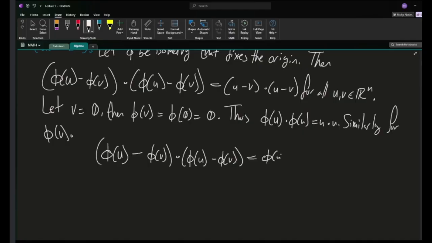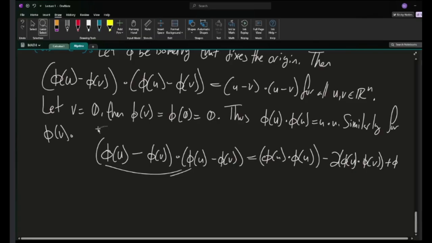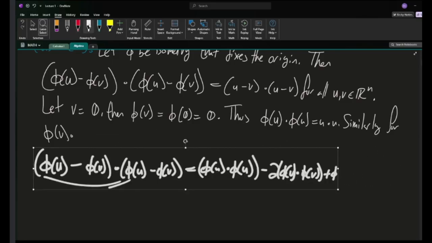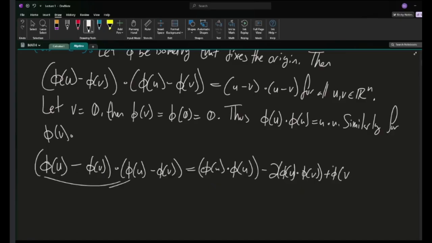Phi of u dotted with phi of u minus 2 phi of u dot phi of v plus phi of v dotted with phi of v,